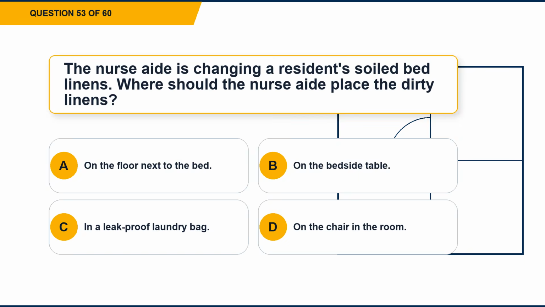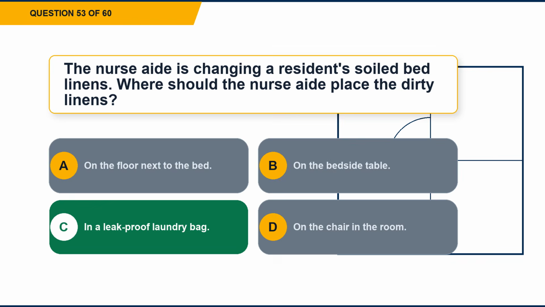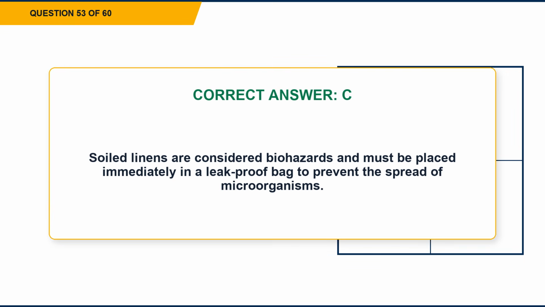Question 53. The nurse aide is changing a resident's soiled bed linens. Where should the nurse aide place the dirty linens? Option A. On the floor next to the bed. Option B. On the bedside table. Option C. In a leak-proof laundry bag. Option D. On the chair in the room. The correct answer is option C. In a leak-proof laundry bag. Explanation. Soiled linens are considered biohazards and must be placed immediately in a leak-proof bag to prevent the spread of